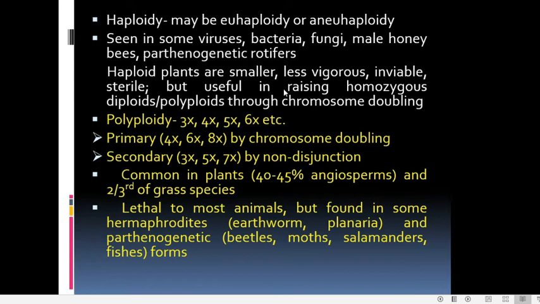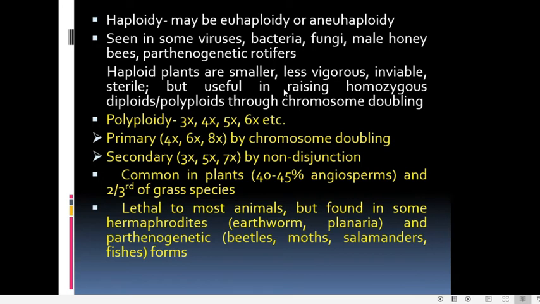Through meiosis, they will lay haploid eggs. Of these eggs, some remain unfertilized, and the unfertilized eggs will parthenogenetically develop into males, and so the males will be haploid, just like the chromosome number of that ovum. So, that is an example of male haploidy in animals.